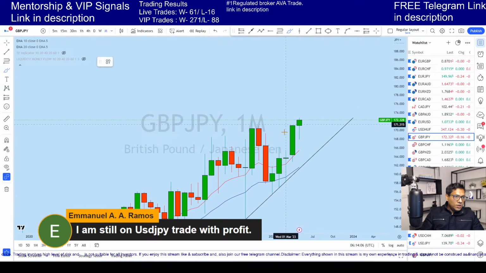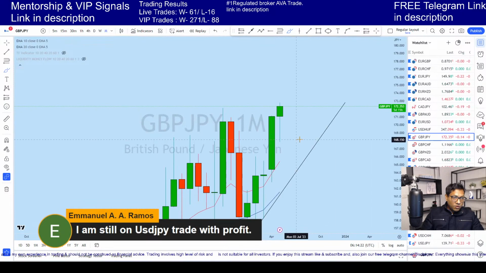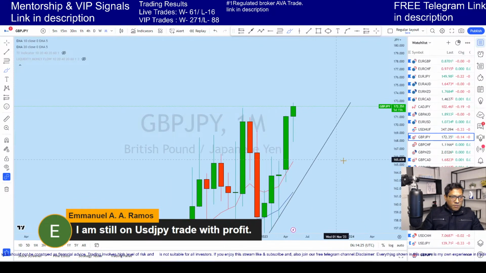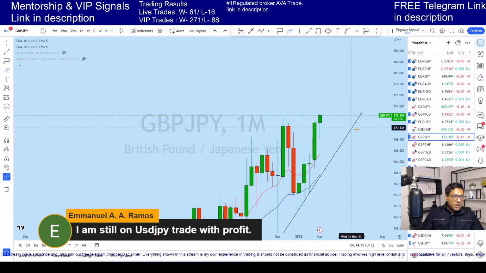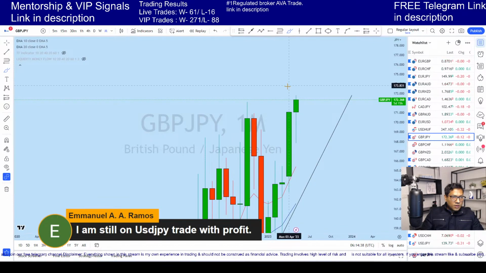Now with that series of higher lows, there is a bounce from here. With that bounce, GBP JPY has now broken this resistance line, and has slowly started coming down for a little bit of pullback on the lower time frame. But if you look at this monthly price action, there is a long doji followed by a bullish engulfer followed by a narrower candle. Now with that narrow candle, we see that GBP JPY is slowly coming down